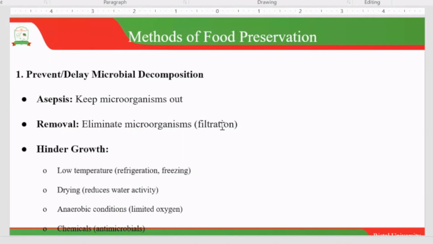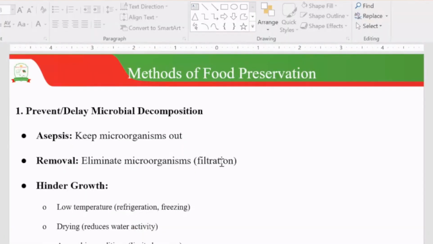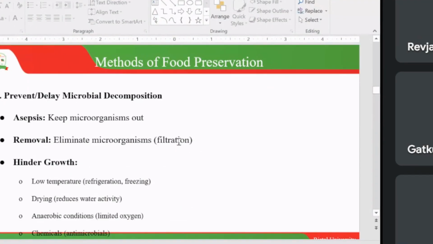place properly for growth, but also ensuring that the foods are dry. This drying of food will reduce the water activity. As you will see later on, water activity plays a key role in